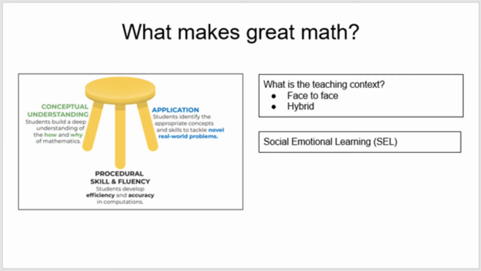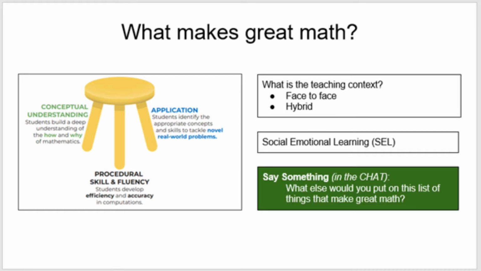So these 3 boxes express where we're coming from and grounding. There's a lot more that makes great mathematics. And so we're going to invite you to share, what would you add to this? There's our conceptual piece, our context, and our social emotional. What else would you say makes great mathematics? And so we want to take about a minute to give you some time to put that in the chat. So if you would think of one idea that makes great mathematics from your experiences and your opinions, and we will read those out to kind of get a sense of what's great mathematics for us in this room,